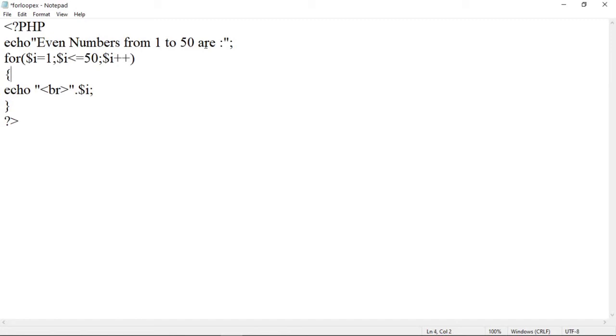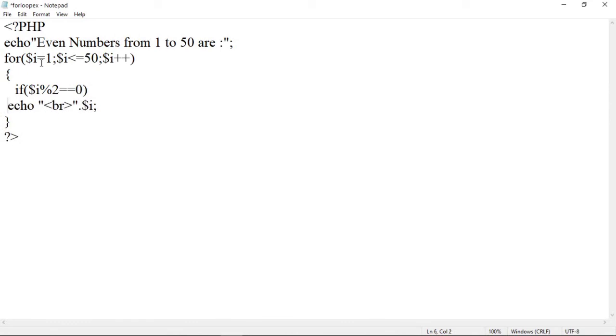Now here we have to check whether the value in $i is an odd number or even number. To check that, we will use an if structure. So if $i mod 2 is equal to 0, double equal to 0, then that number will be an even number.